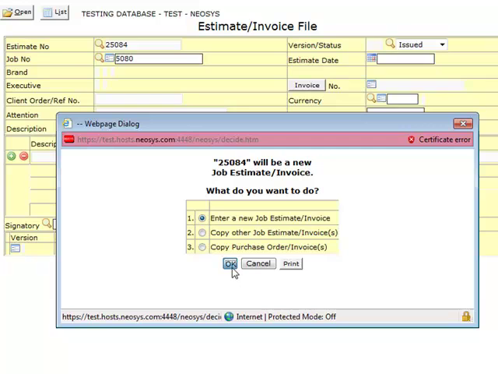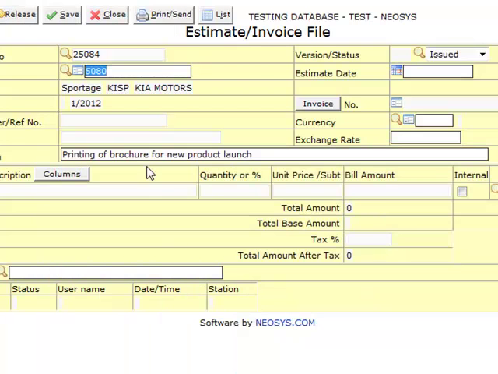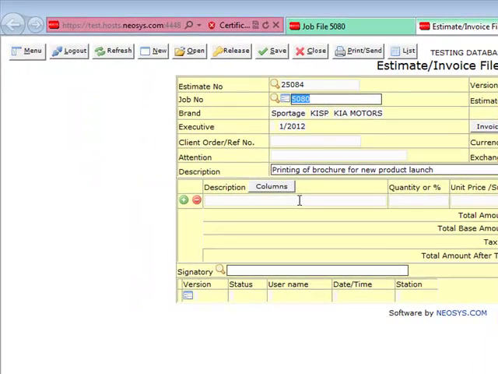I say OK. It also asks me if I want to copy the job brief. I could say yes or no, so I say no at this time. In this screen you don't need to do anything really, just go directly, click on the description field and use this like Excel. So you can say printing of brochure, and then you can add a new line by hitting